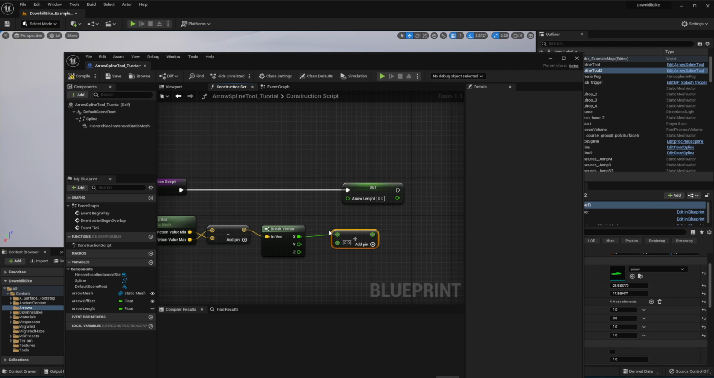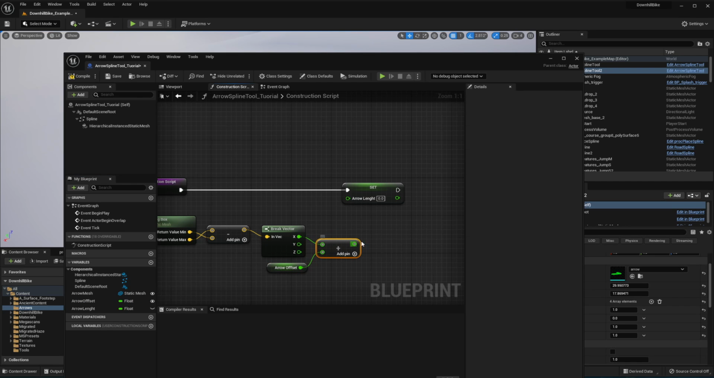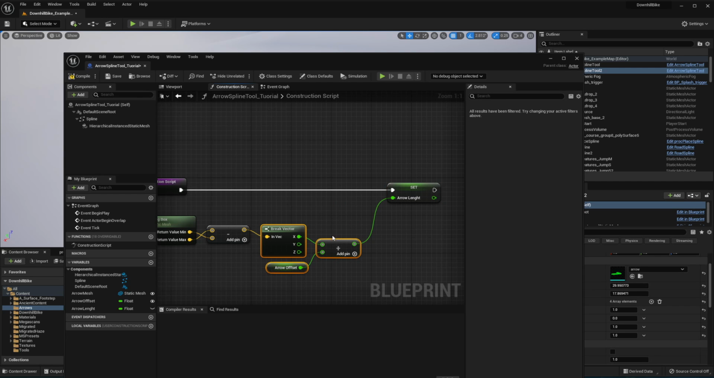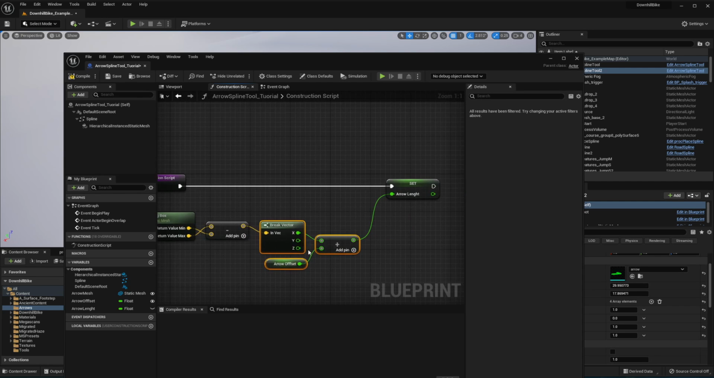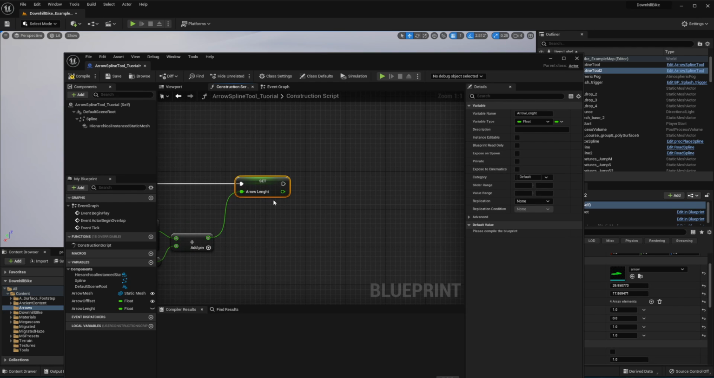We'll add the offset in order to be able to input this offset, so your arrows are not standing always next to each other. And that is setting up our length variable, and we'll now use it to place all the arrows along the